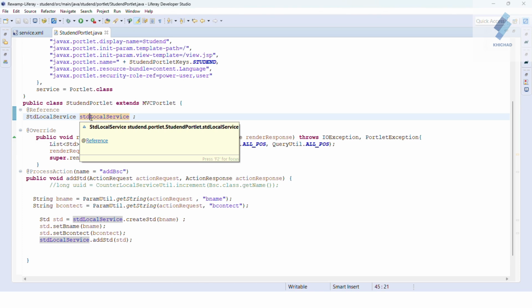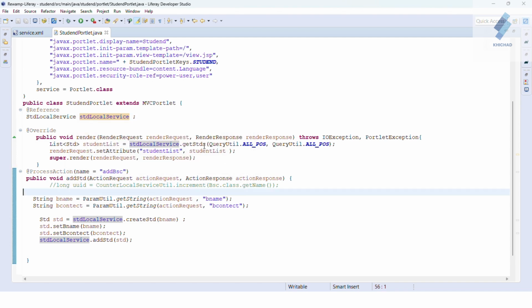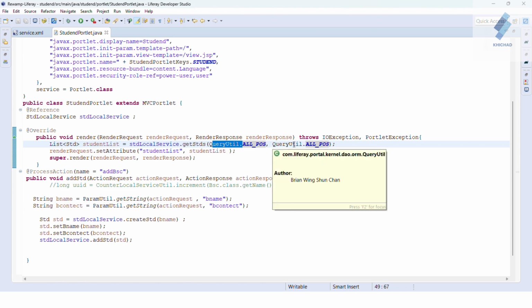These methods retrieve a list of all student entities, like student name and other columns, from the database. We pass QueryUtil.ALL_POS as the parameter to indicate that we want to retrieve all records without any pagination.